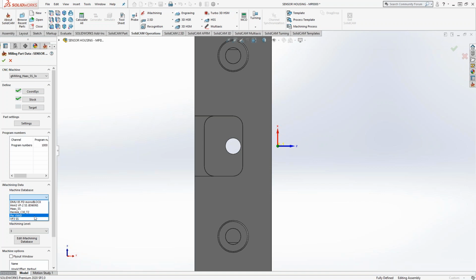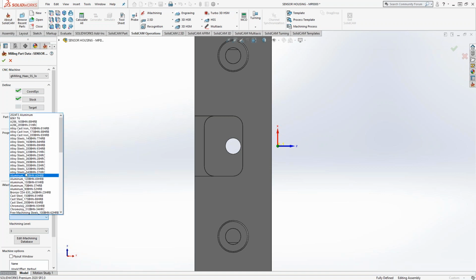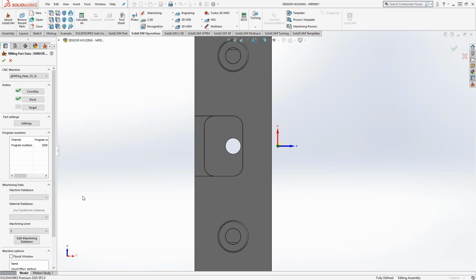I have a few here, but the ones that come preloaded inside the software are the Haas SS, and I believe it's the Hermle. And then in terms of the material, you see a whole list here listed by their hardness. Now this is, again, a very common way to define your machines in a general sense, but in iMachining, at least from what I've heard, and maybe Kevin can correct me or back me up, but I've heard from